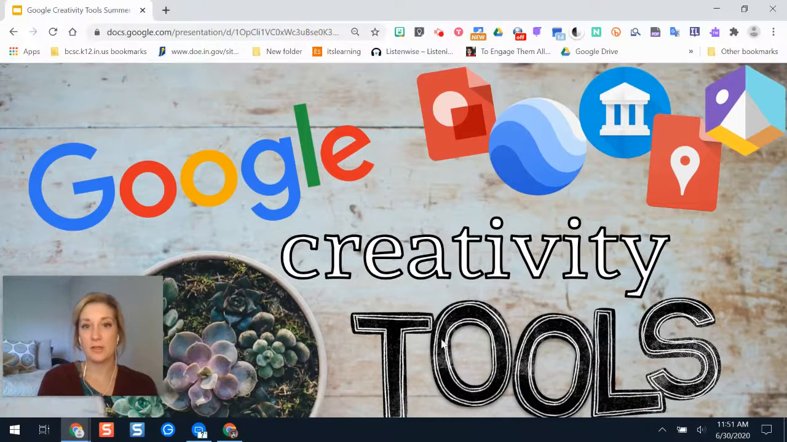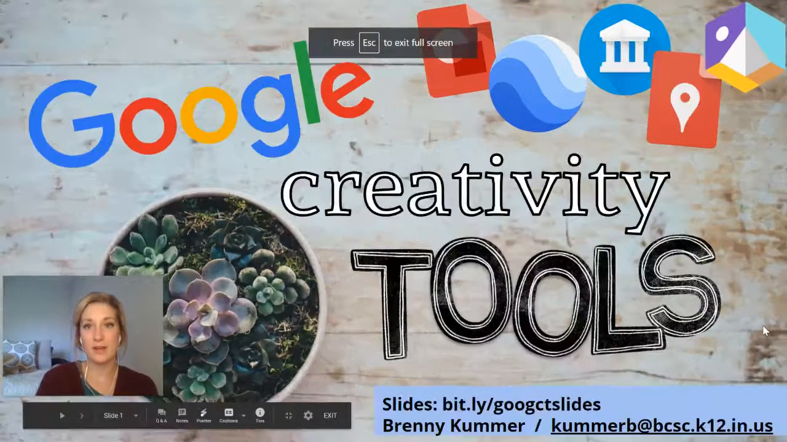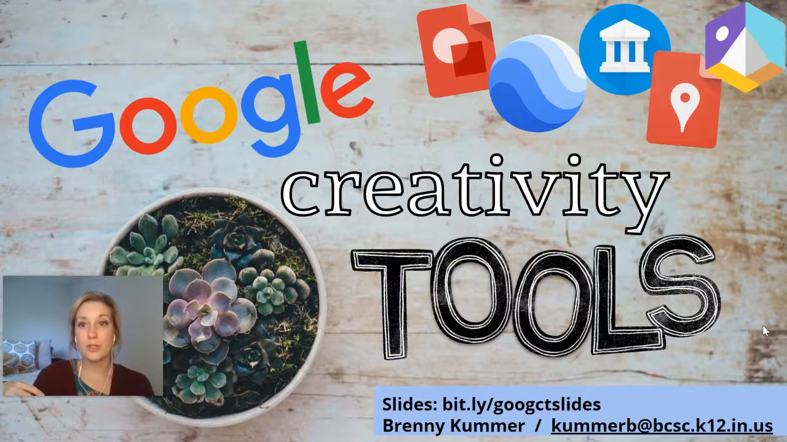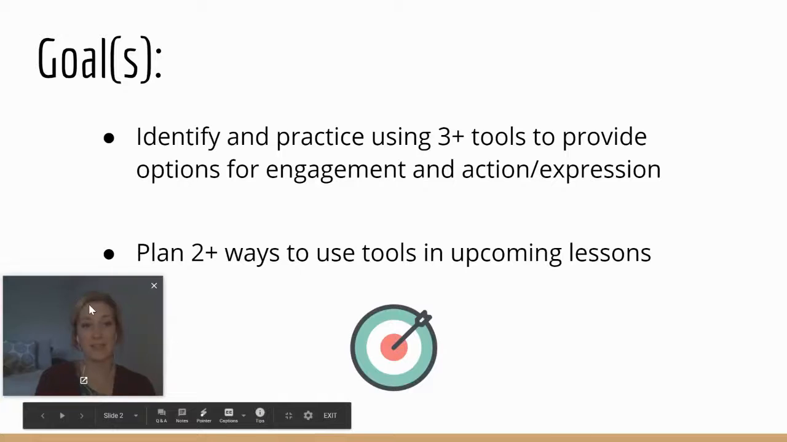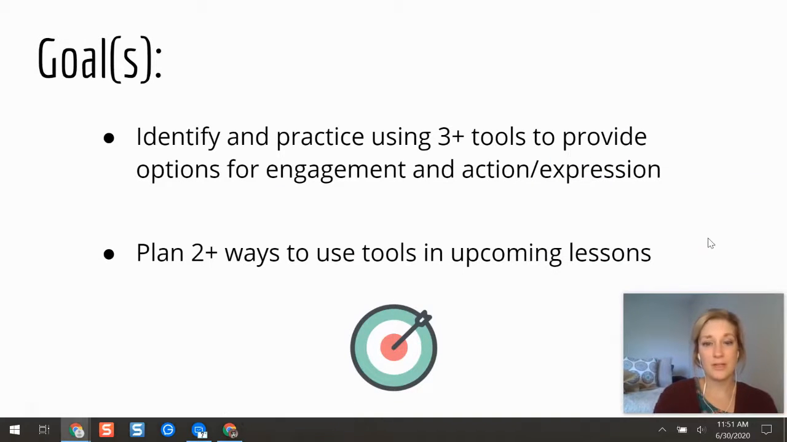So the creativity tools in Google that we're going to be focusing on today, there are 5 of them: Drawings, Earth, Arts and Culture, Maps, and Tour Creator. These are some lesser known ones, but ones that are still exciting and fun to use nonetheless. So the tools we're going to be using are